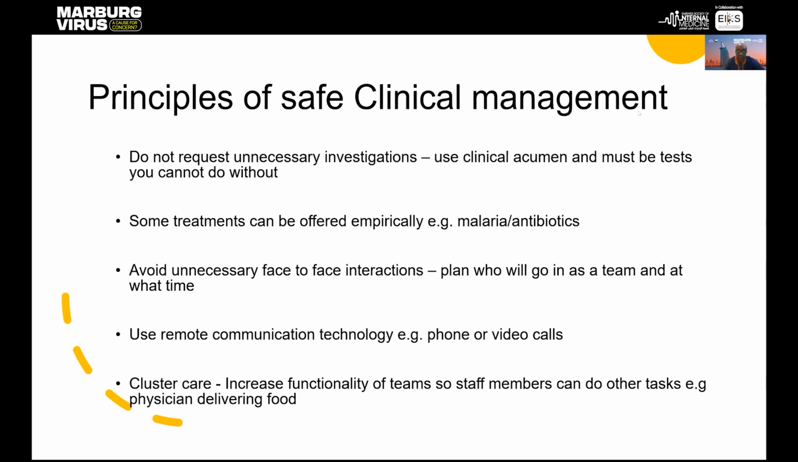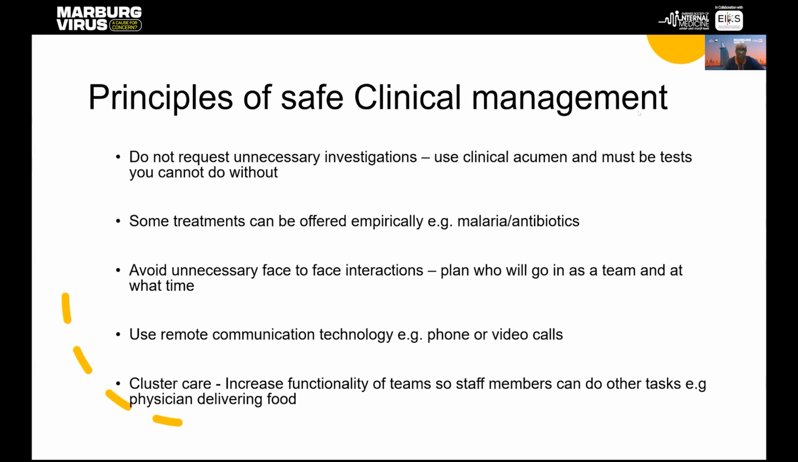You don't just request random CRPs and procalcitonin that will not make any difference to your management. You only request a test that will make a difference to your management. And in some cases, you decide to treat empirically whilst you're waiting for the high consequence infectious disease such as Marburg to be eliminated. And so you may, if you cannot get a point of care test for malaria safely done, you may decide to just treat for malaria and wait for the exclusion of Marburg, or give antibiotics and